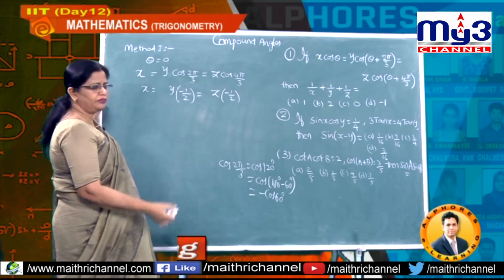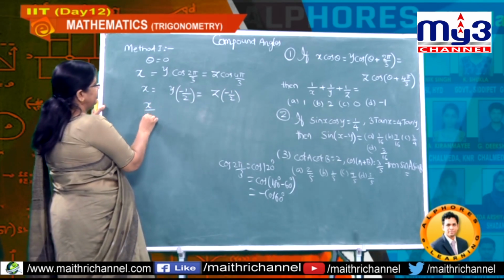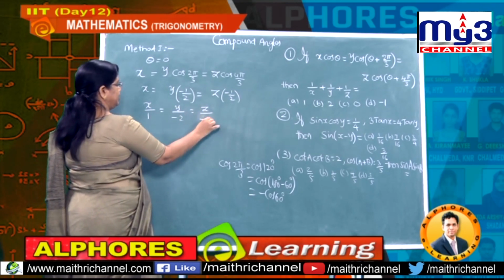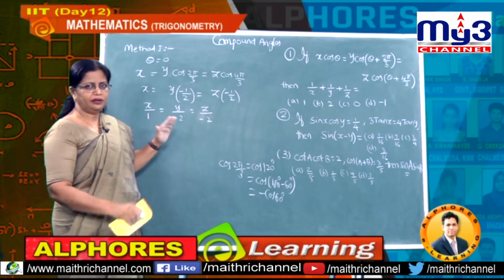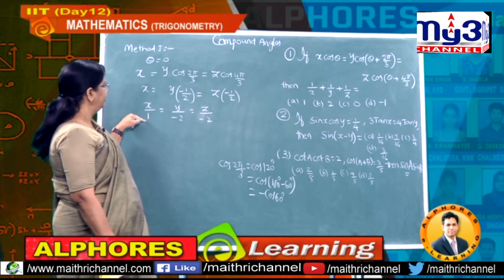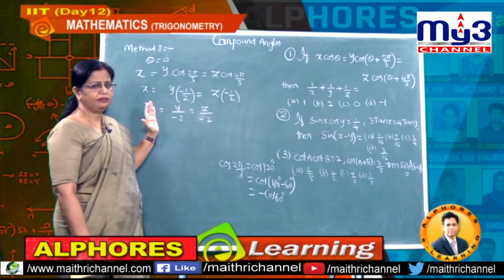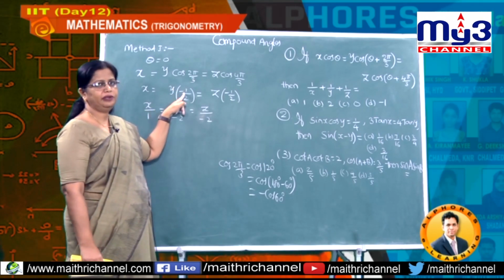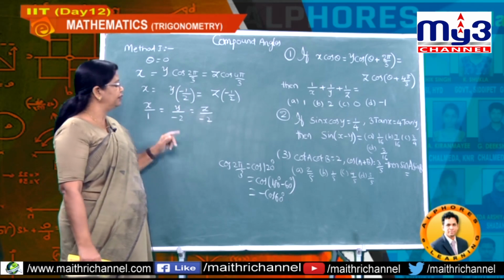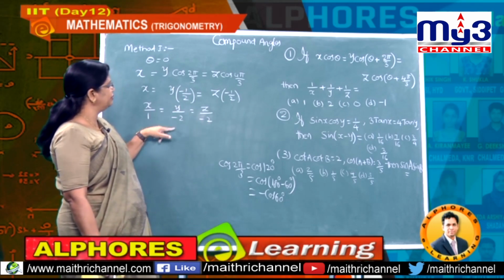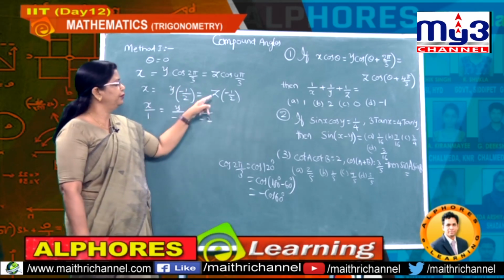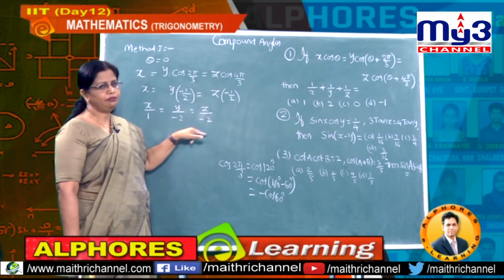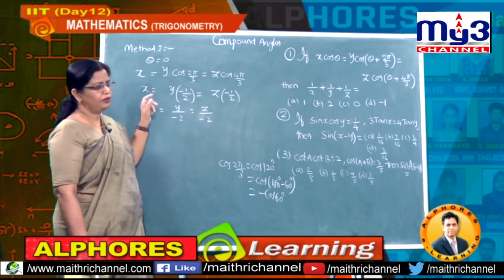And now, this is of what form? x divided by 1, y divided by minus 2, z divided by minus 2. Any error? Everything right? So, this is x by 1, nothing is there means there is always 1. And y divided by minus 2, this minus symbol you can give for numerator or denominator. Therefore, this is same as minus y by 2. In the same way, here also you can give as a whole it is minus z by 2, as a whole it is minus y by 2.